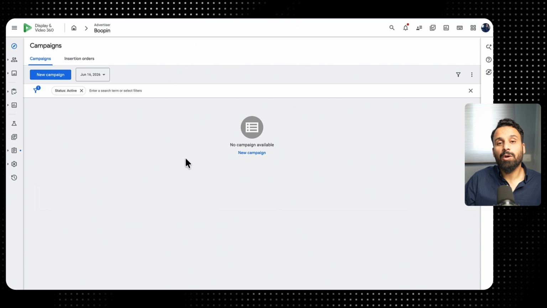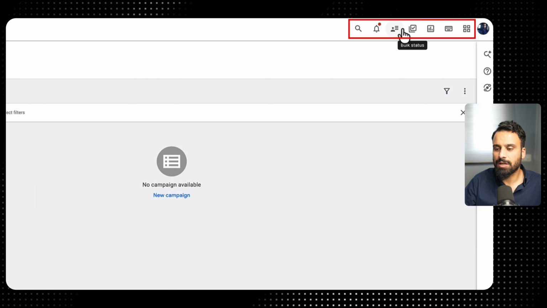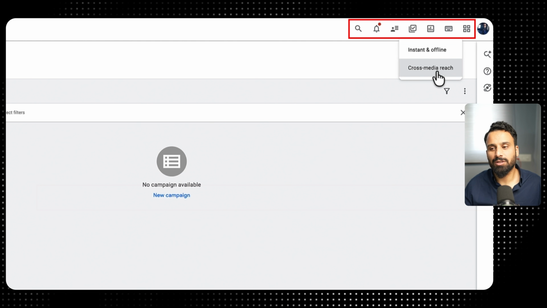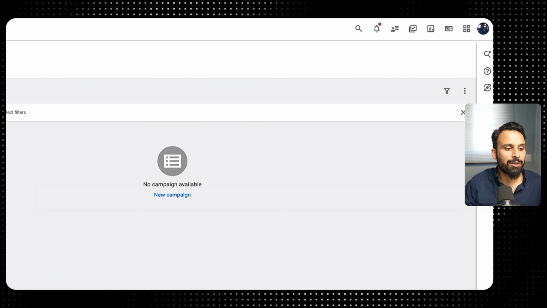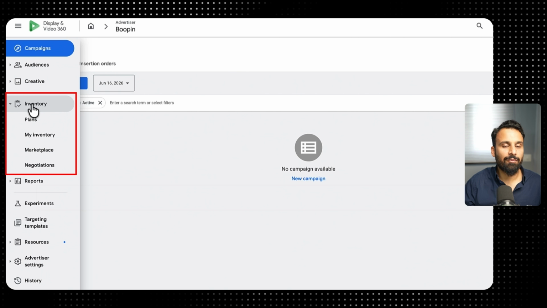And once you're done with all your campaigns, there is some reporting suite here you can use. There are different kinds of reports, instant and offline, cross media reach. This is also beyond the scope of this, but I want to show you this is how you will generate the reports. But one thing I want to show you specifically in DV360 is inventory, which is very important,